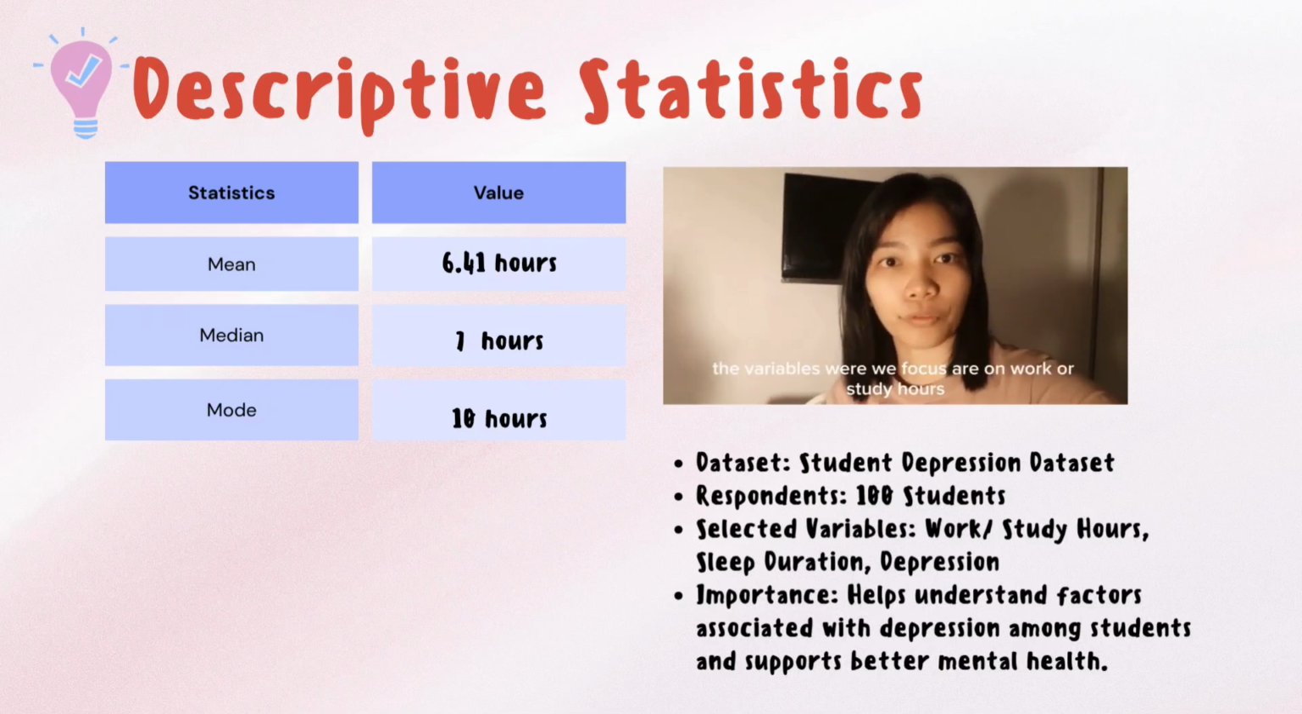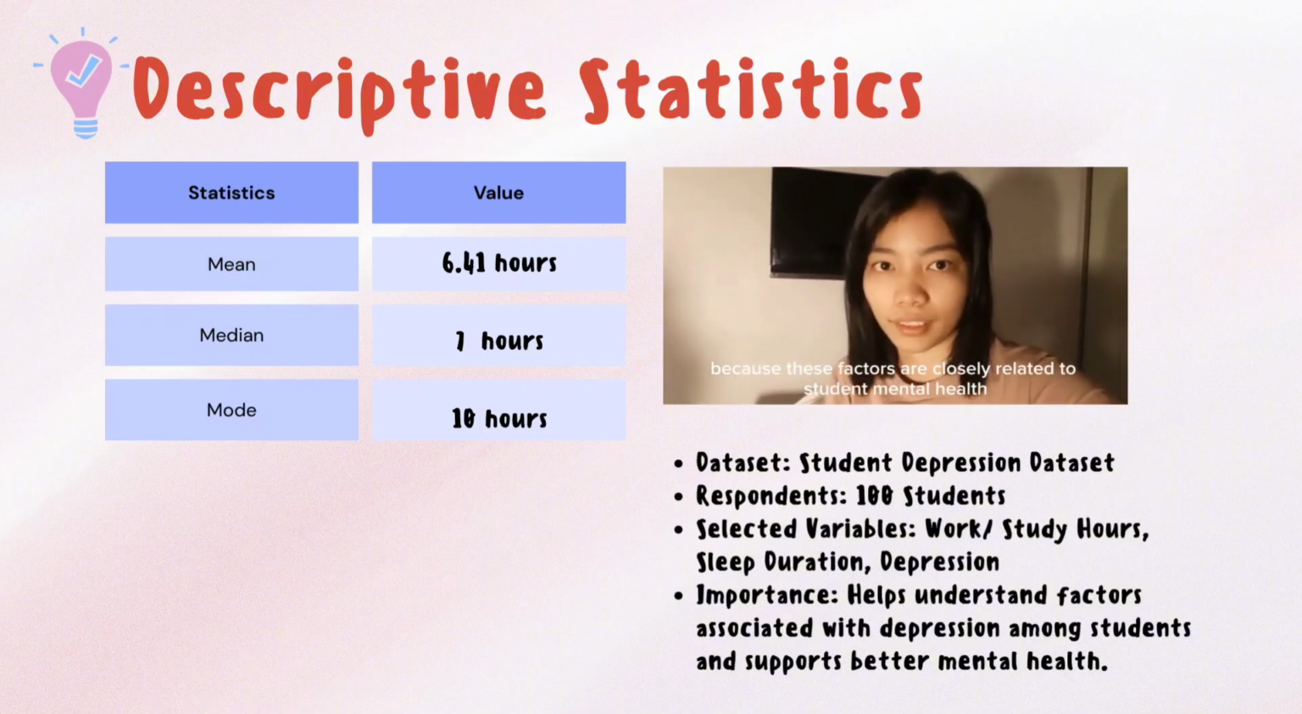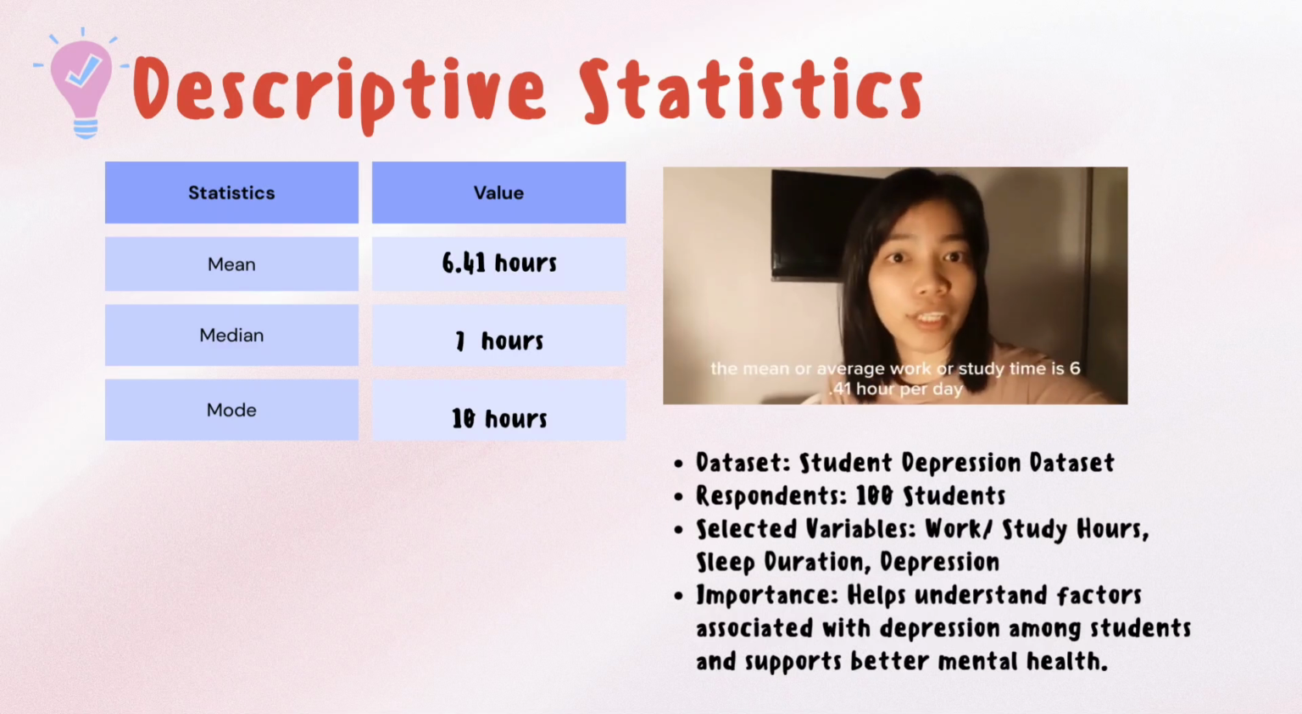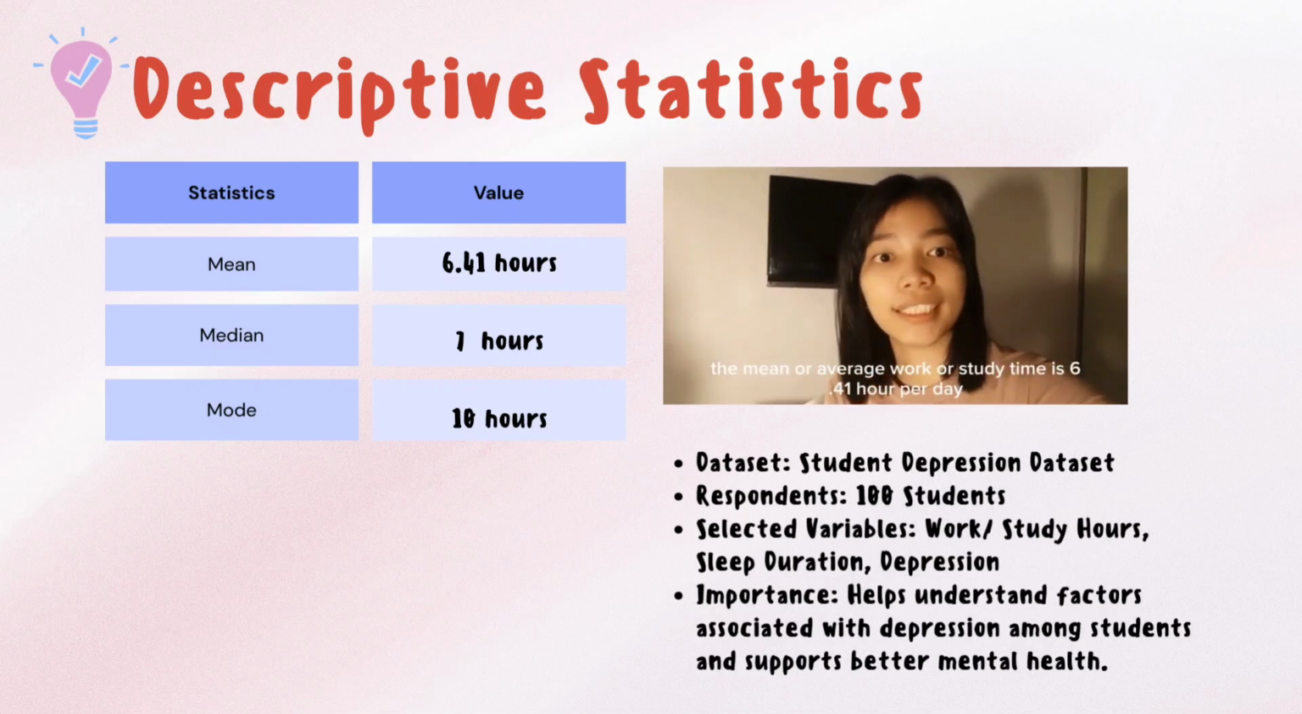Now let's look at the descriptive statistics for our selected variable, which is work or study hours, from the student depression dataset. We collected data from 100 student respondents. The variables we focus on are work or study hours, sleep duration, and depression because these factors are closely related to student mental health. Based on our analysis, the mean or average work or study time is